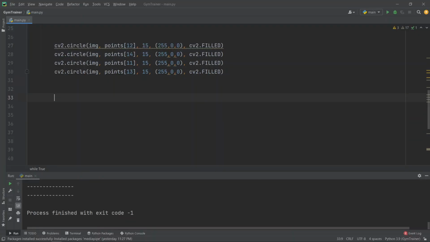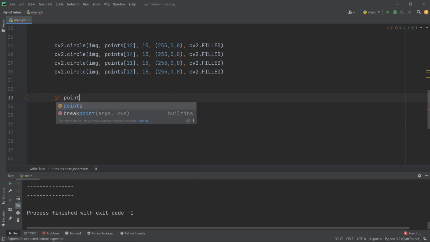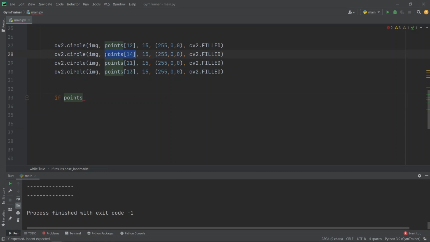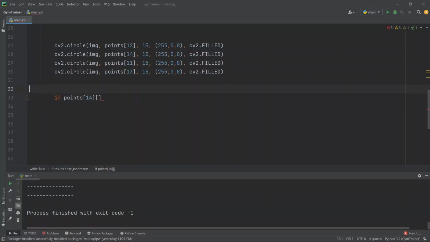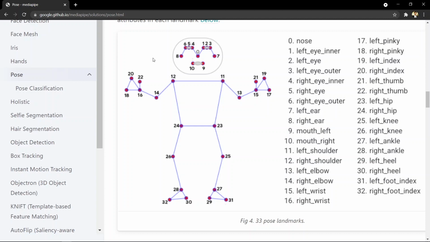So what we will do, we will check that if the points of this particular point, this point 14, the 1 will provide the y coordinate. This is the x coordinate, this is the y coordinate, and if we go for 1, we will get this y coordinate.